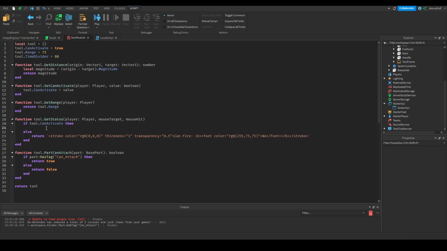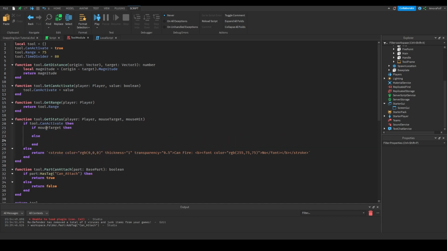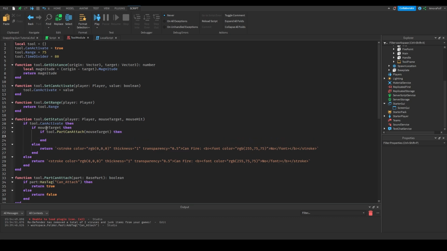Next thing we're going to do is if mouse target, then else return that string. This will also be in the description of the video as it was in the first part. Then we're going to type if tool.partCanAttach mouse target, then else